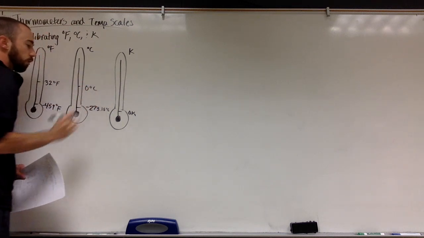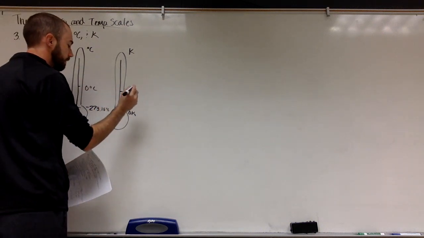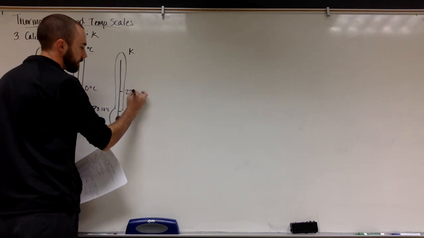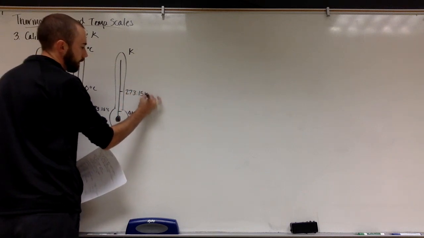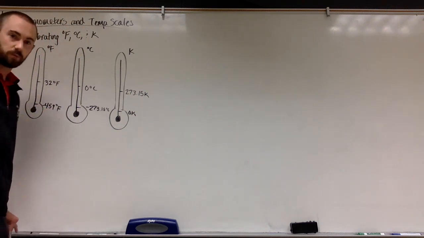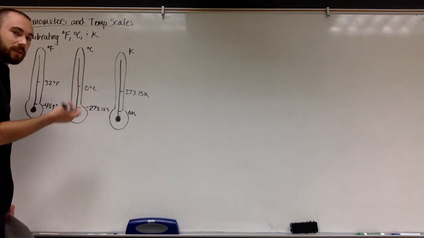For Celsius, it's right at 0. And for Kelvin, we're going to have 273.15 Kelvin. Notice, I'm not saying degrees Kelvin, just Kelvin. You may hear me slip up and say it once or twice during a lesson, but remember, degrees mean it's